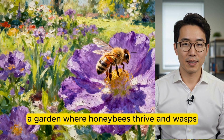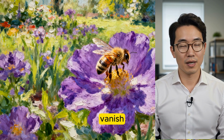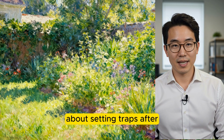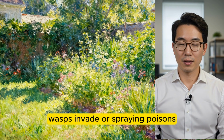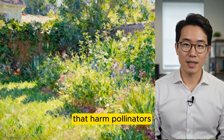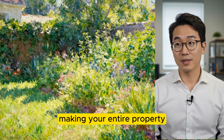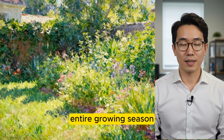Imagine a garden where honeybees thrive and wasps vanish, all achieved with just $3 in seeds. This isn't about setting traps after wasps invade or spraying poisons that harm pollinators. It's about designing a living ecosystem that naturally favors bees while making your entire property unwelcoming to aggressive wasps for